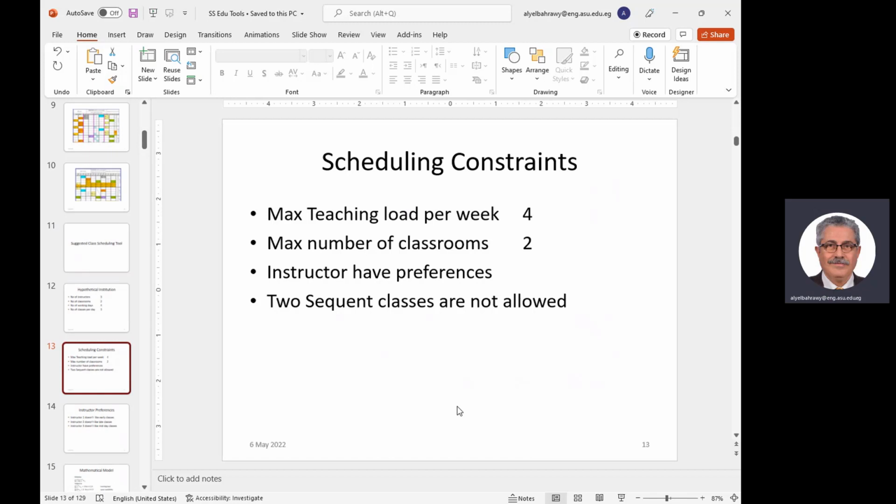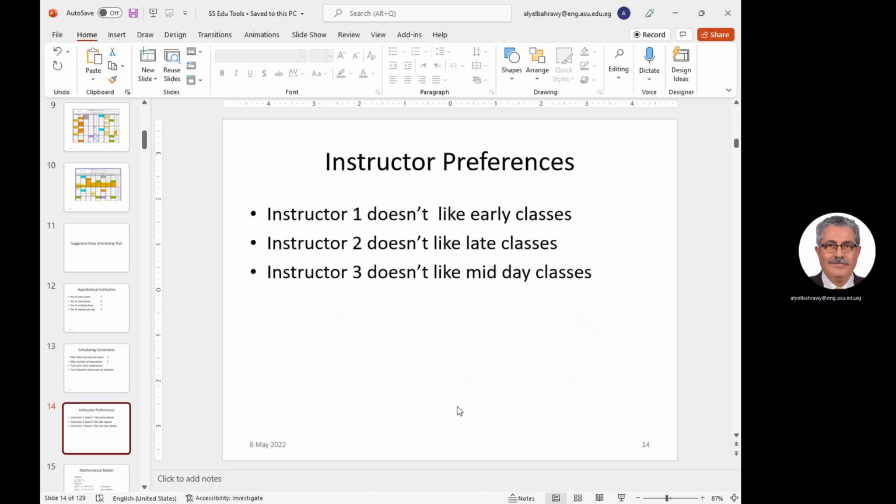But we have constraints that the maximum teaching load per week is 4 days, maximum number of classrooms is 2, and the instructors have preferences when it comes to the time they like to teach. And we are not allowing 2 consequent classes. These are examples of instructor preferences for the simple university here. Instructor 1 does not like early classes, and instructor 2 doesn't like late classes, and instructor 3 doesn't like